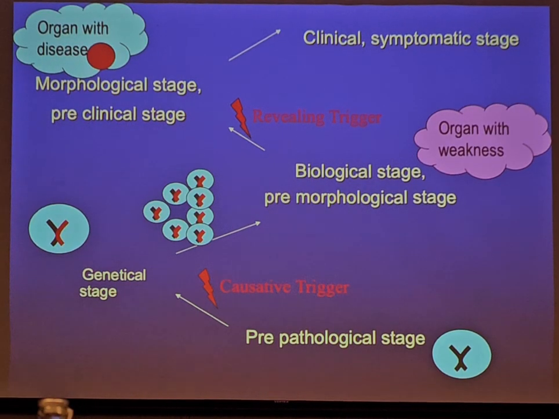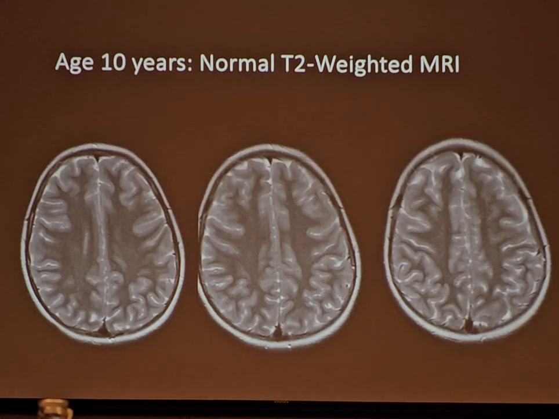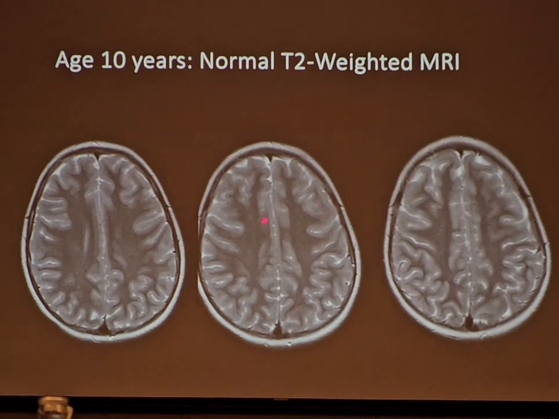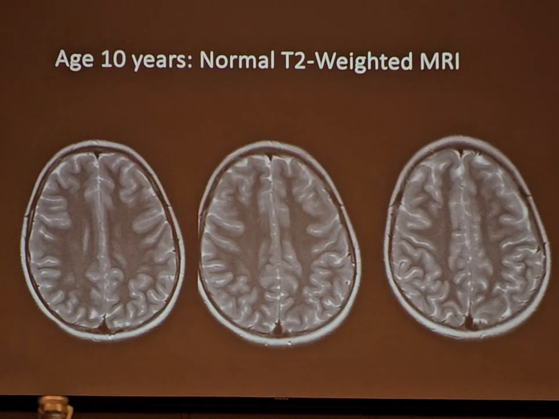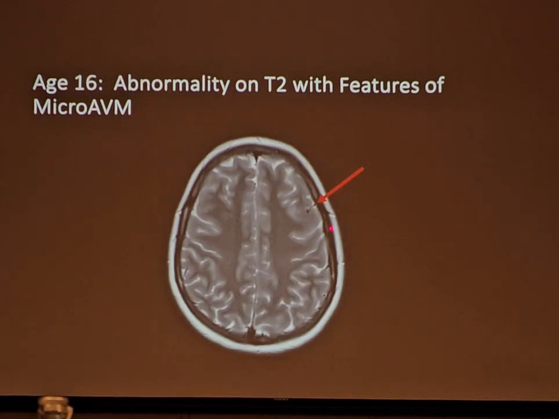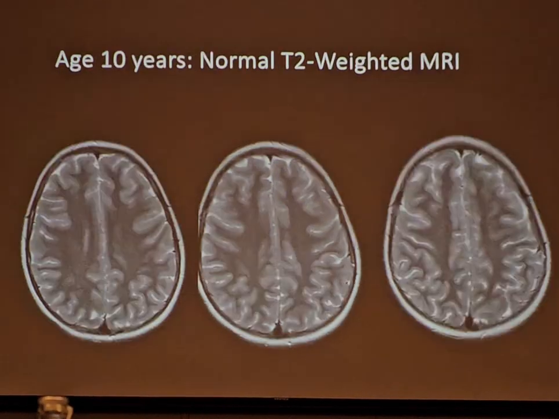And this was challenged. So we looked at our brain vascular malformation consortium database and looked at more than 300 patients and found 4 patients that had indeed a complete de novo formation of a brain AVM. And so here are a couple of examples. At age 10 years, this is a completely normal T2 weighted MRI. Especially look at this area here. I don't see any abnormal vessels here. And at age 16, there's clearly an abnormal vessel here. It was not there before.